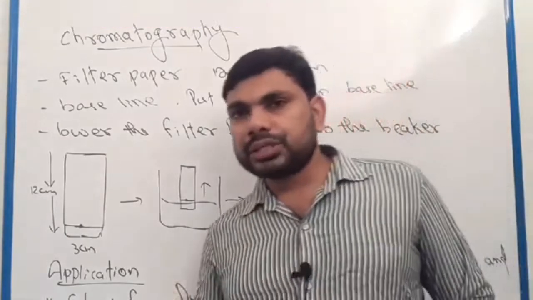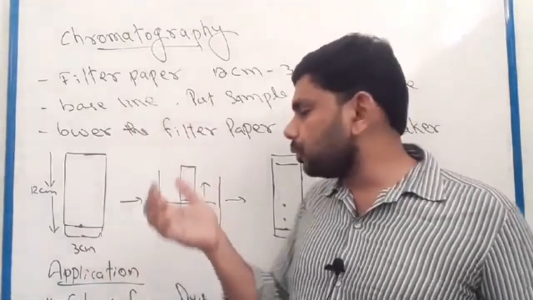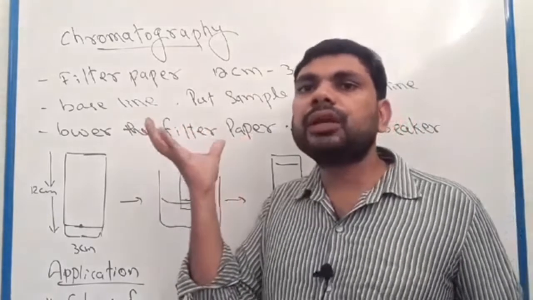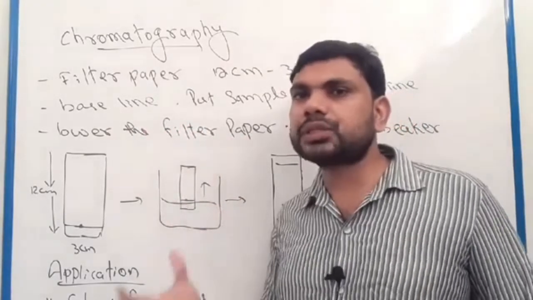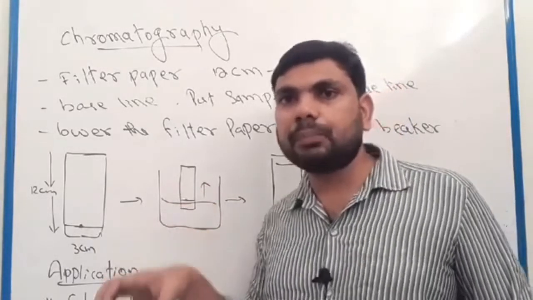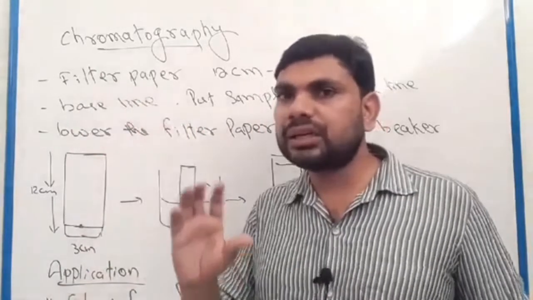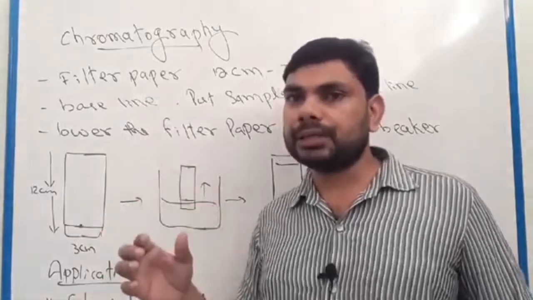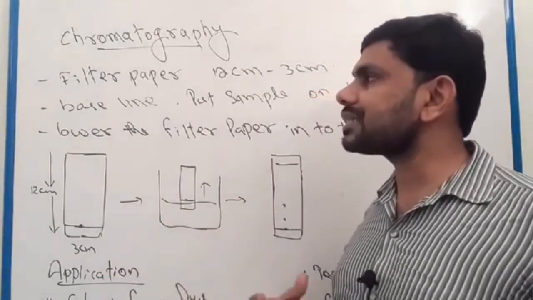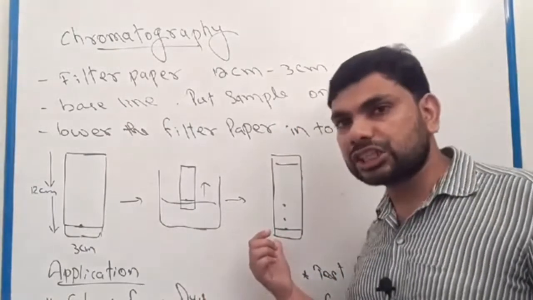So here in this video you see the colored components moving upward. It is moving upward because this is filter paper. This water will rise upward through the filter paper, and this water helps to separate different components of colors from the sample, which contains different components of color. It will separate into different spots or different pigments with the help of this water. This process is called chromatography.